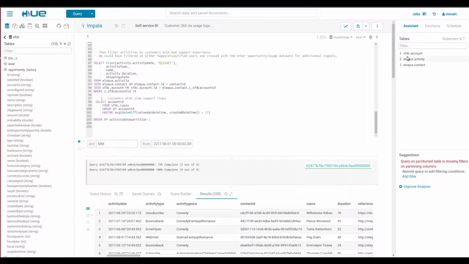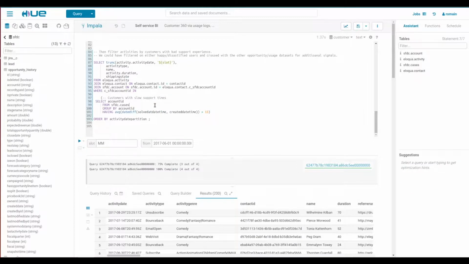So here we're linking our marketing campaigns with our Salesforce accounts. And even better, based on the previous query, we want to just get the marketing campaigns done for customers that happen to have now more than 15 days on average of time to fix their issues.